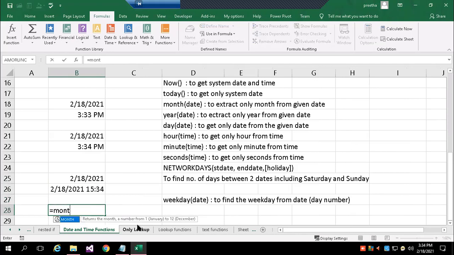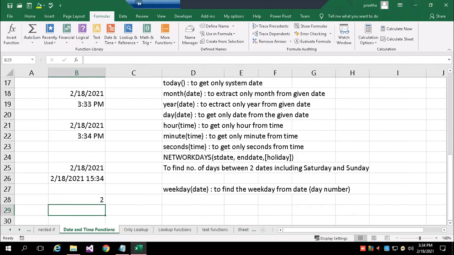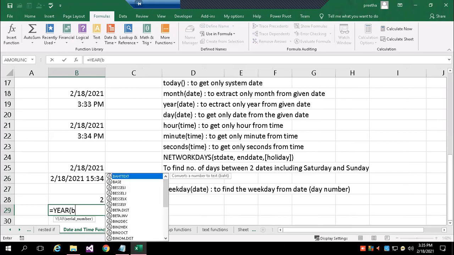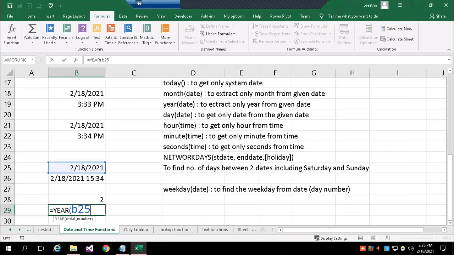So I can use month of this date. What is the month now? 2. So it's February. Like this, I can get only the year also. From a date portion, I can get exactly what I want. So now I'm getting the year.